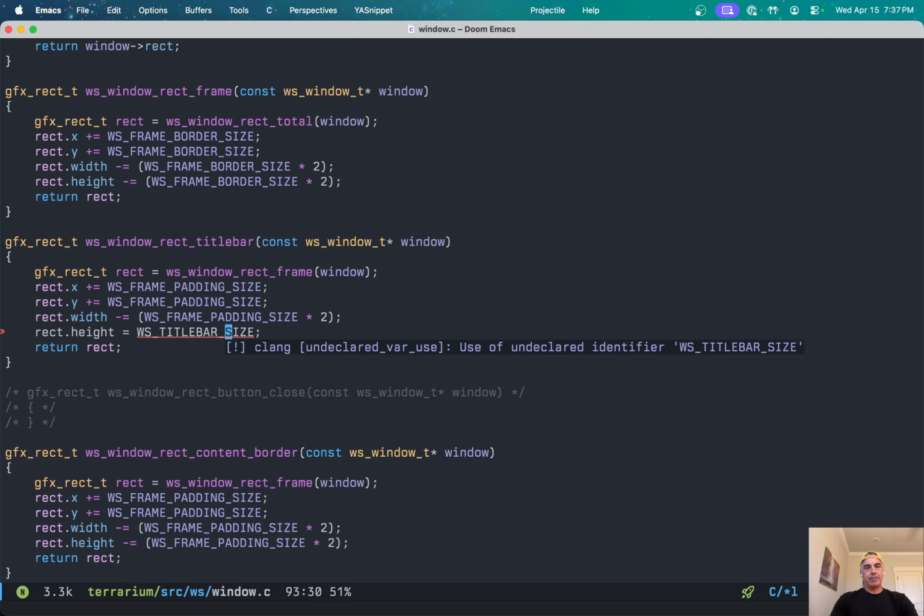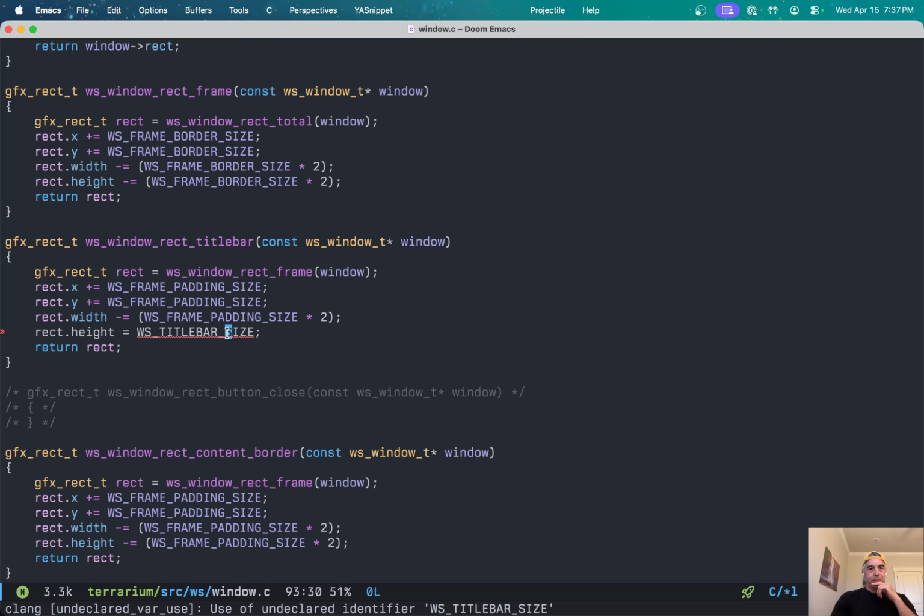Should be height, but we're using size everywhere because we're using size for ones that can be on the sides, like width and height. Like the paddings on the sides are padding width, but when it's on the top, that's height. So we're just using size. Title bar size. Nah, I'm just gonna do,